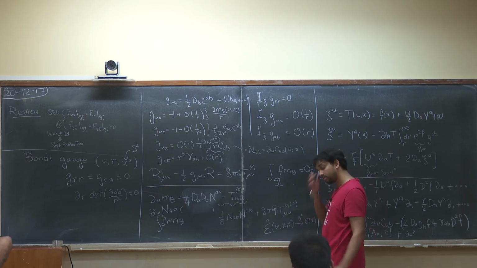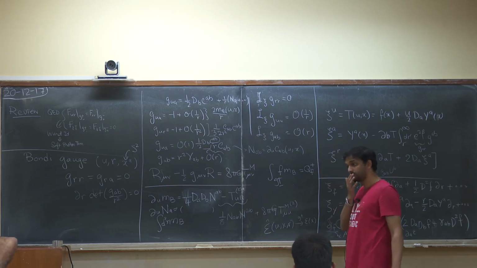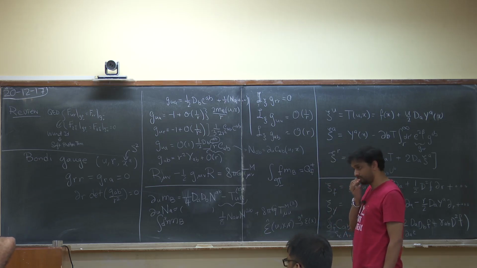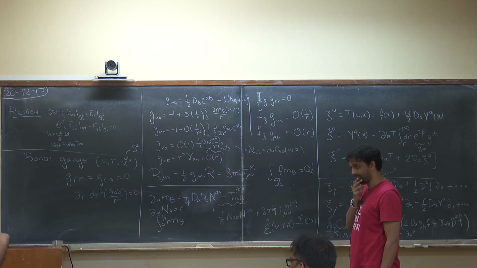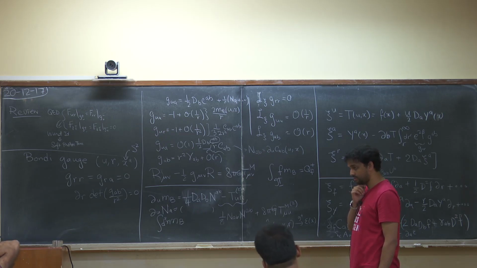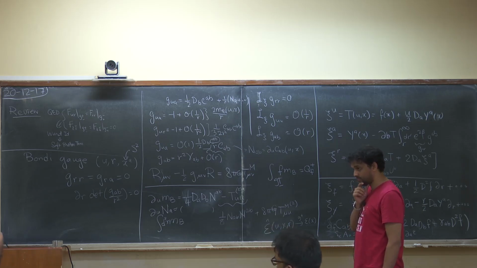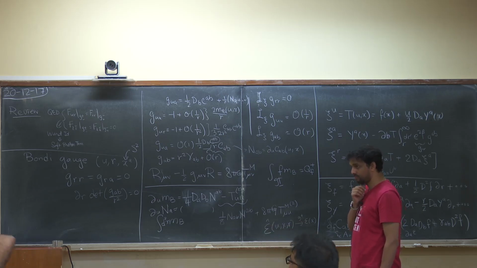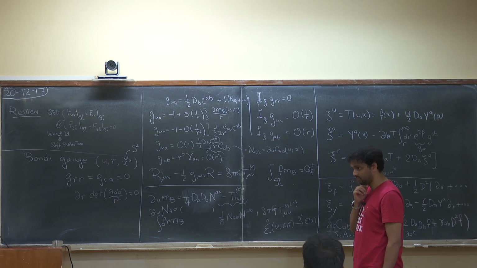So here you had these large gauge transformations, and there's a charge. And now you're saying there are two things: there was f of x and this Y. And this I should think of as parameterizing large coordinate surfaces, large diffeomorphisms. f of x is just a scalar function, Y is a vector function on the sphere.